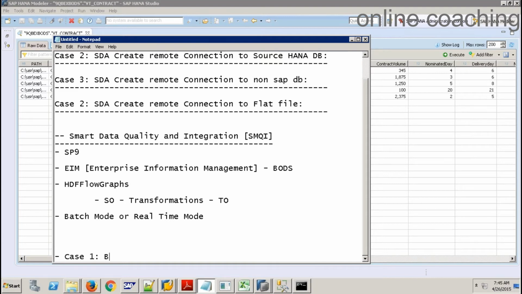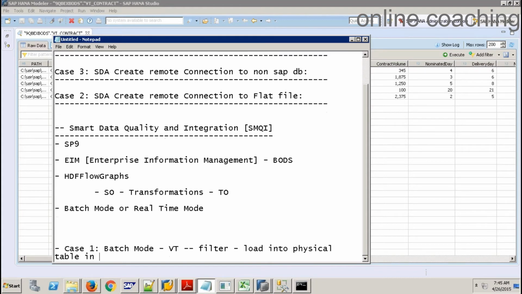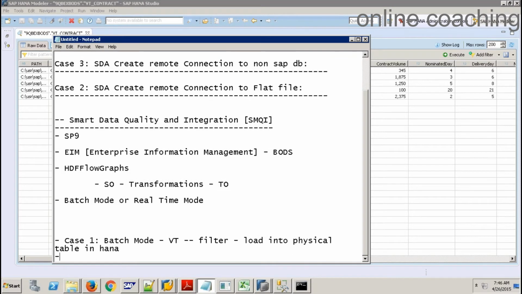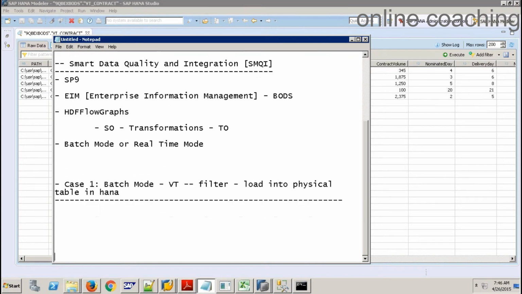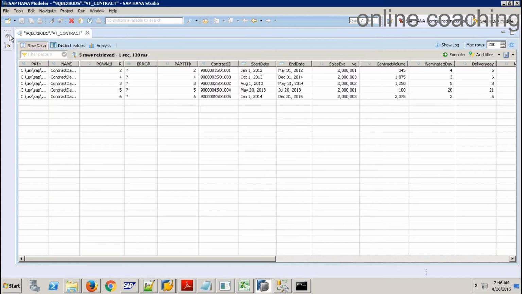Case 1, batch mode. Take a table from some virtual table and apply some filter, and load into a physical table in HANA. Okay. So how do I do that is,